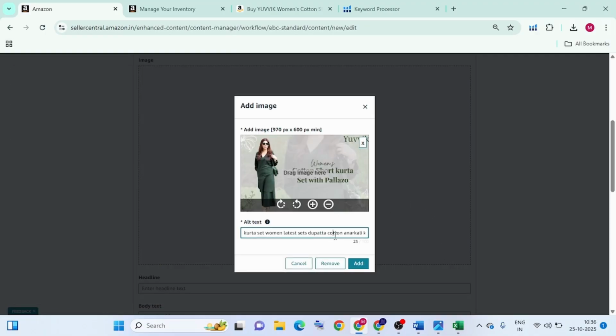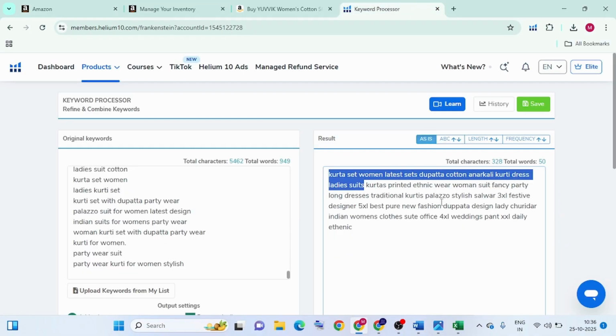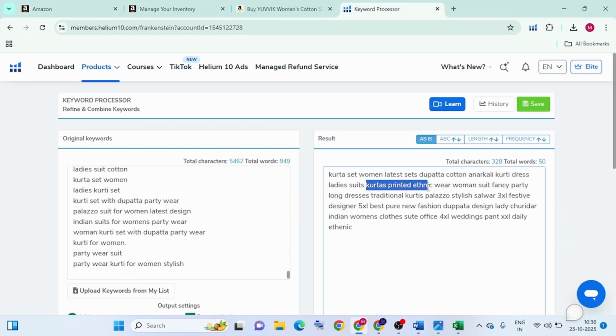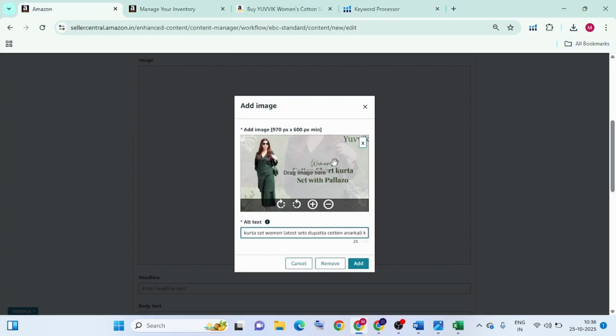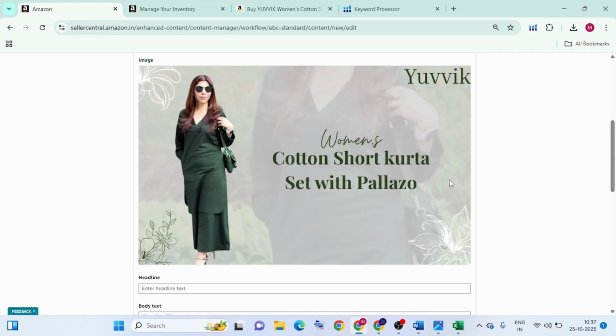Here you will see how many characters you are remaining in the particular keyword, right? So it shows me 23 characters remaining. So I just simply select and paste it over here, right? Go to the last, paste it over here. So that is a fine case if you have two characters remaining. No issue. You can just simply click the add button,